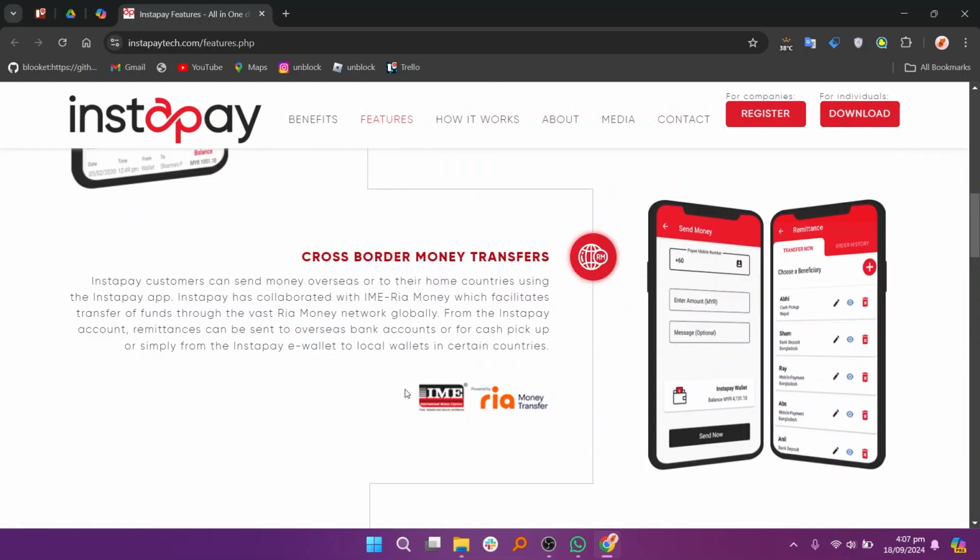Next, select the option to send money overseas or to your home country. InstaPay partners with IMA RIA Money to facilitate global transfers through the RIA Money network, so choose the option for bank account transfers. Enter the recipient's bank account details in Pakistan, ensuring that you provide all the necessary information for